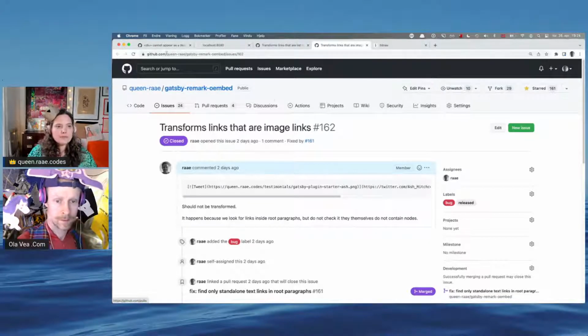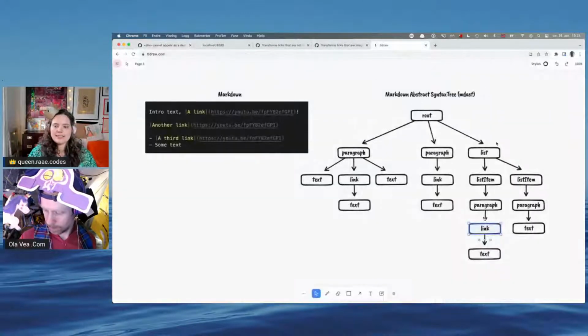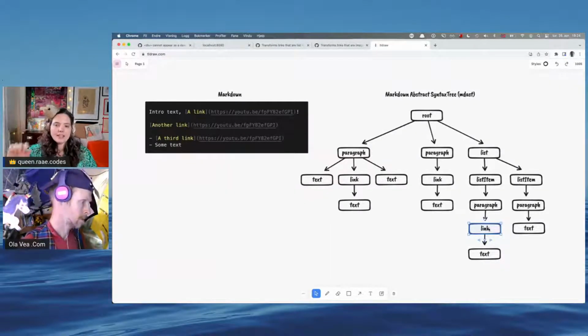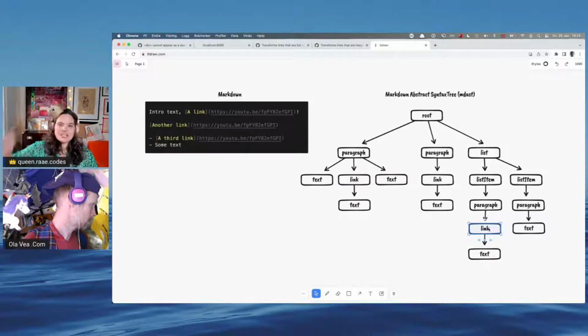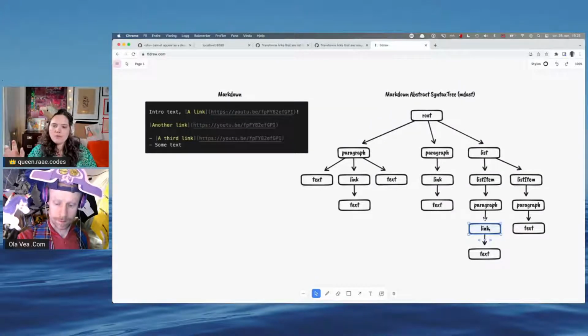And that's when I realized why this bug appears. What I am doing is transforming the link node into its oembed counterpart, so it's still a child of a paragraph. We're not changing out the paragraph, we're only changing out the link. So when we get content back that are iframes or divs or blockquotes and stuff like that, we don't want them to be the child of a paragraph.